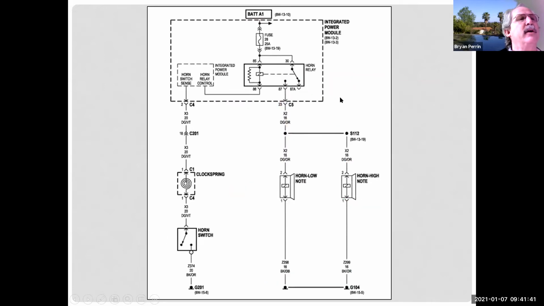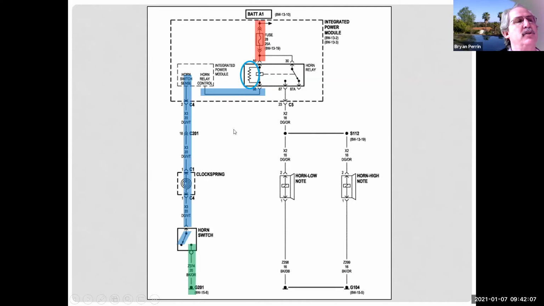So now if I look at the control side, now I have power, I have a load. So now my relay is the load. I have a switched ground and a solid ground. So now when the horn switch is closed, ground is applied all the way through here. And now this is the load, creates electromagnetic force and pulls this switch over to pin 87 and allows the